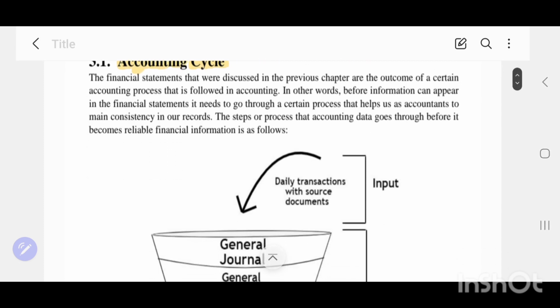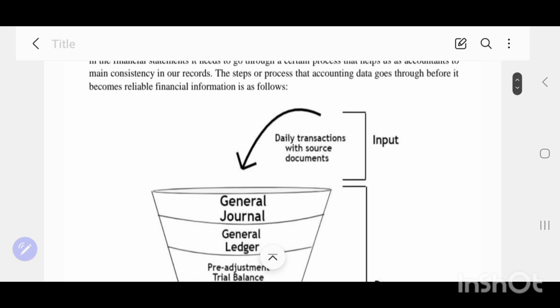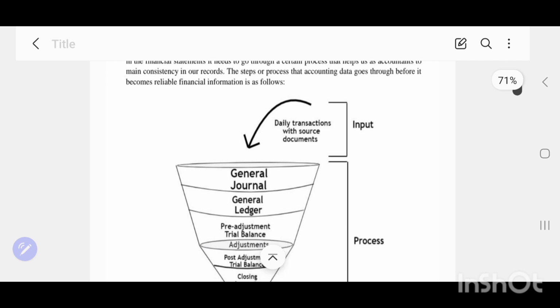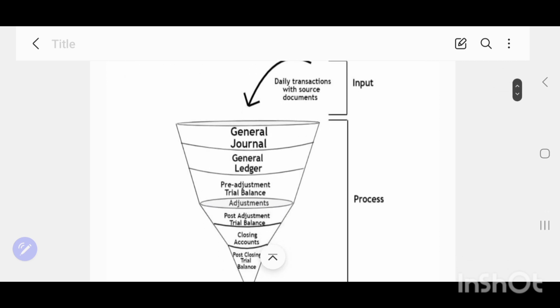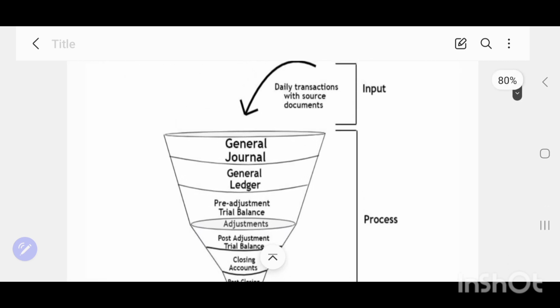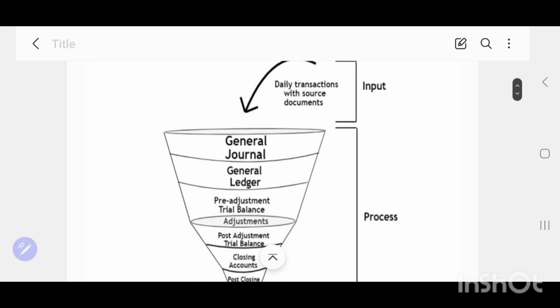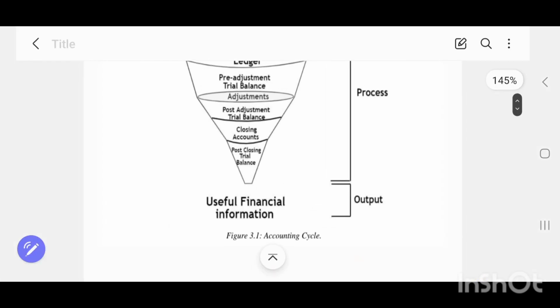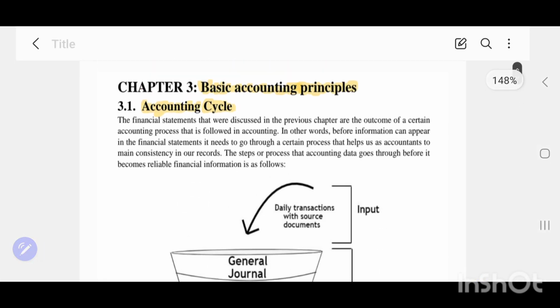Useful to whom? To users of financial statements. We spoke about the primary users, to say it's the existing and potential investors, lenders, and other creditors. So today